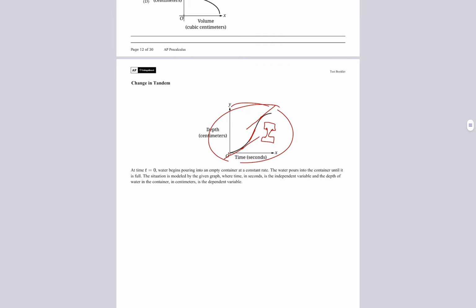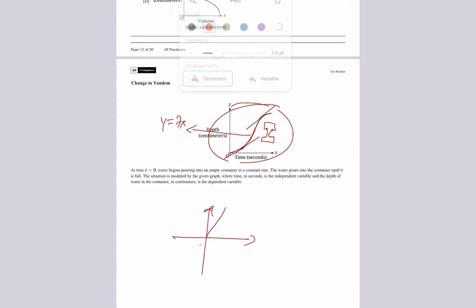Now you may ask, why is it slimmer towards the middle and thicker towards the top? Because this would have a rate of change of, let's say, y equal to 7x. It's more facing upwards, right? So let's say this line. And these two lines, 1 and 2, have slower rates, so this would be like y equal to 2x. So with y equal to 7x, the container is filled at a faster rate, correct? So it's to be more slim compared to the